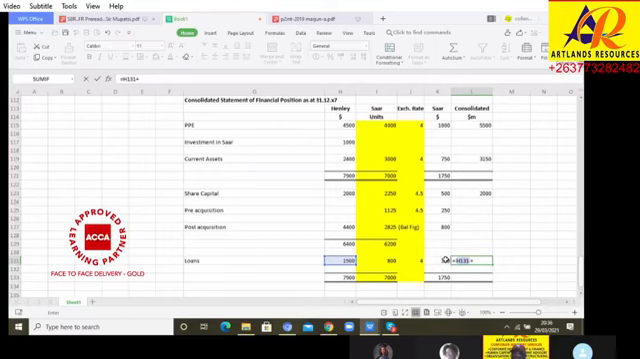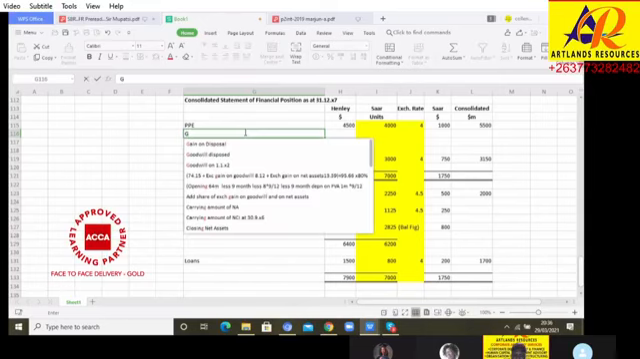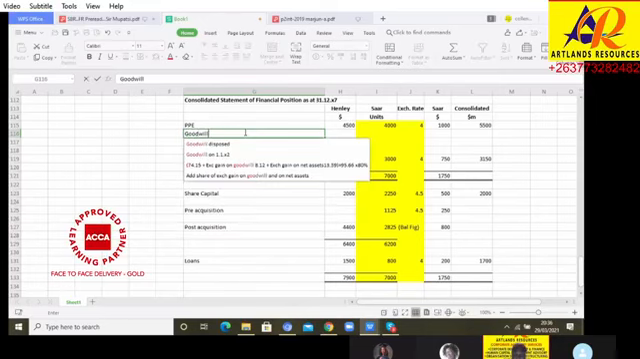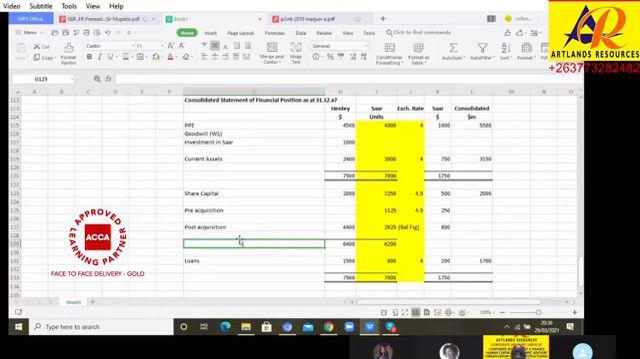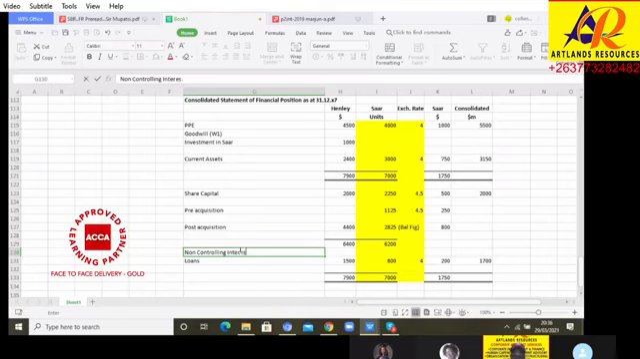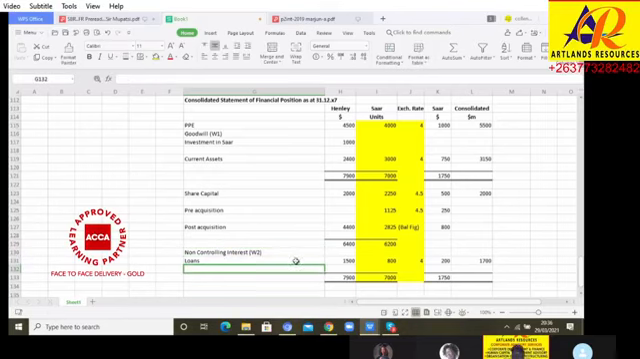Plus this. Right. Now, because we acquired a company, there's now need for these workings. We need to put working for Goodwill, working 1. We now need to put working for NCI. Where do we put NCI here? Non-controlling interest, working 2. You get that? So we now need these 2 workings,